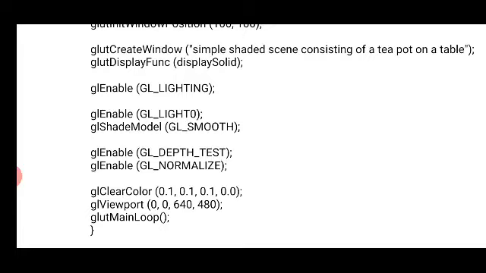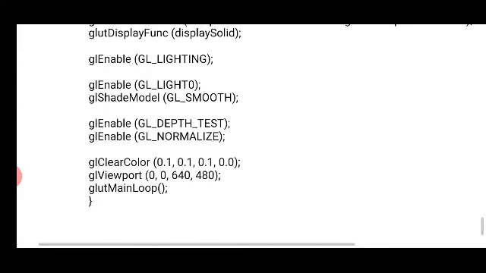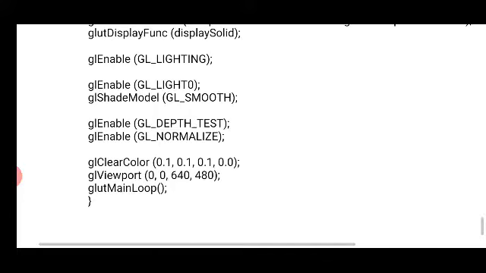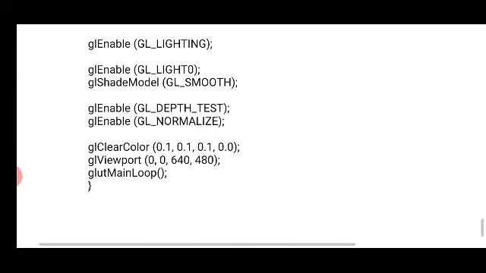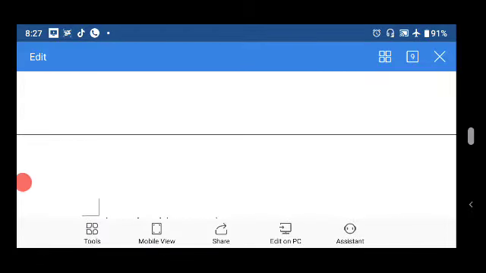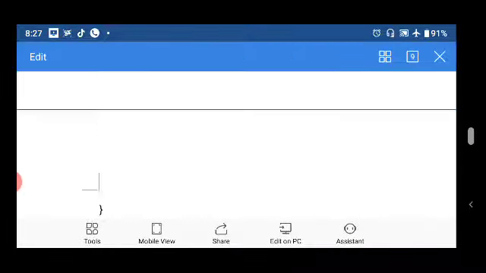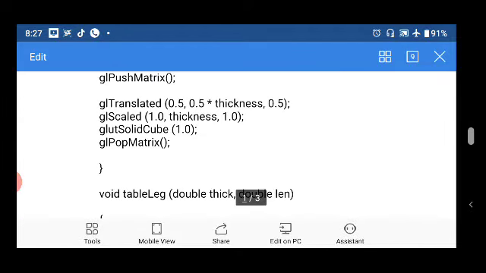Then glEnable GL_NORMALIZE, then glClearColor, that is the background color, 0.01. Then glViewport size is 0, 0, 640, 480. Then glutMainLoop, it is to display the window onto the screen. Now this is the program, and it is going to be saved with the .c extension. Next we will see how to compile and how to run this program and what output we are going to get.